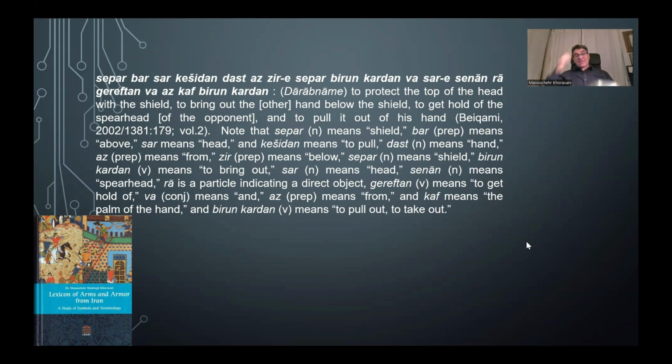Another one is separ bar sar keshidan, and bringing the hand out from under the shield, and taking hold of the spearhead, and pulling it out of the hand. So it means to protect the top of the hat with the shield, to bring out the other hand below the shield, to get hold of the spearhead of the opponent. Spearhead means, of course, a socket, right? The opponent, and to pull it out of the hand, is in Beyqami, in Darabnameh. So it's another technique